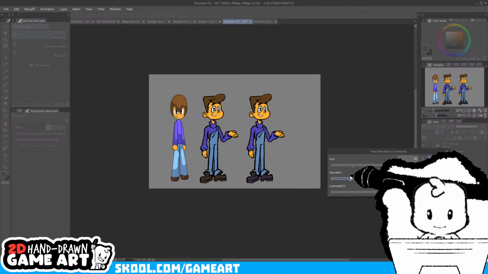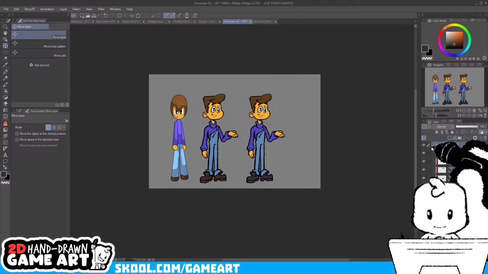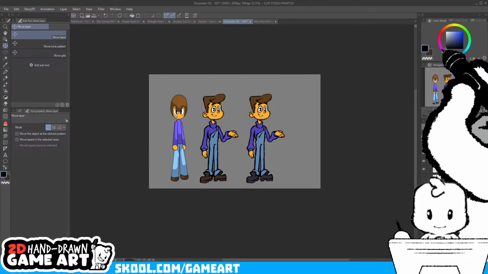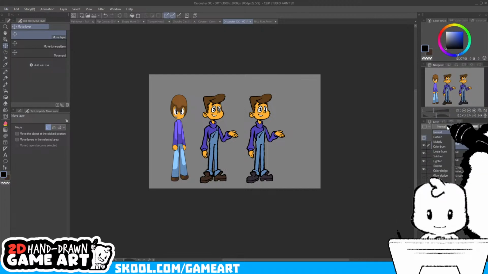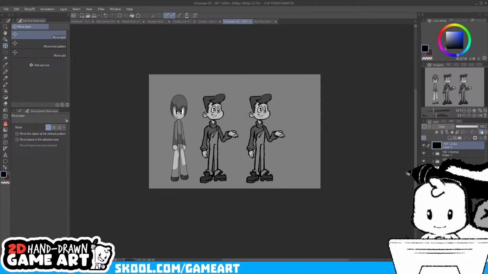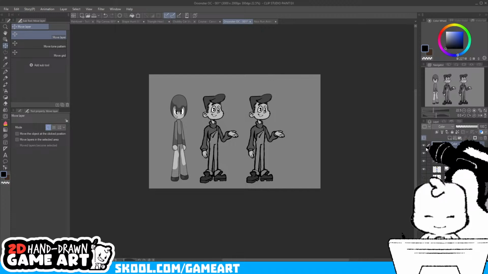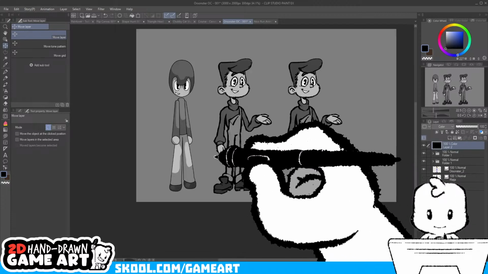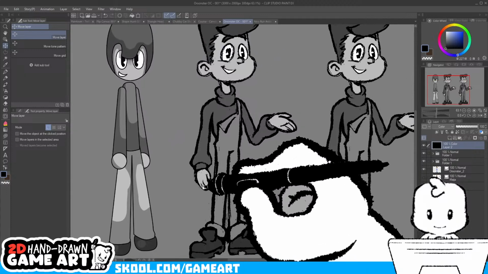That's a good tip as well, to use grayscale to make sure that we're using different values. So the darkest color right now is on the boot, at least on mine. Let's see.